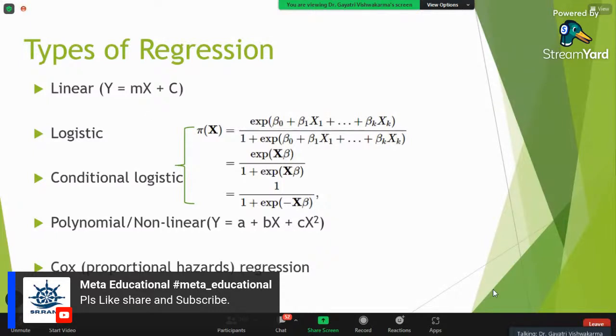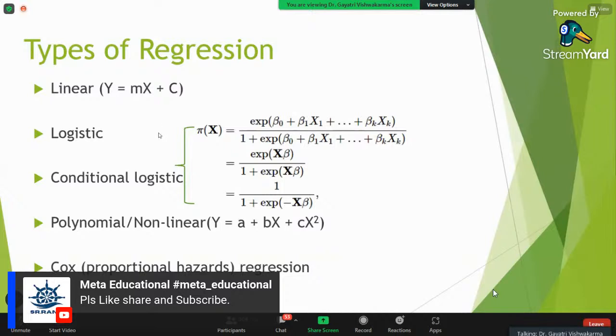If your dependent variable is continuous, then you have to apply linear regression. If your dependent variable is dichotomous, or categorical variable, then you have to apply logistic regression.